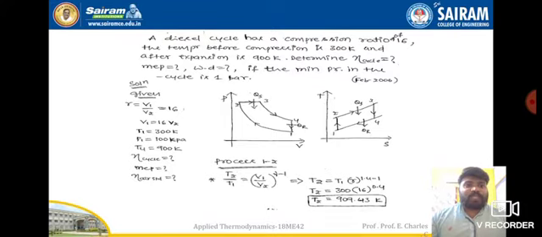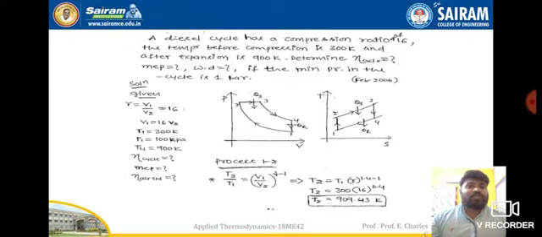So in this PV diagram, 1 to 2 process is adiabatic compression. So before compression, the temperature is 300 Kelvin. The temperature after compression is T2. So V1, T1 is before compression. Therefore, T1 is equal to 300 Kelvin. And after expansion, so in the PV diagram, where do we come across this expansion process? Between 3 to 4. So 3 to 4 is the adiabatic expansion, and after expansion is 900 Kelvin. That means T4 is equal to 900 Kelvin.